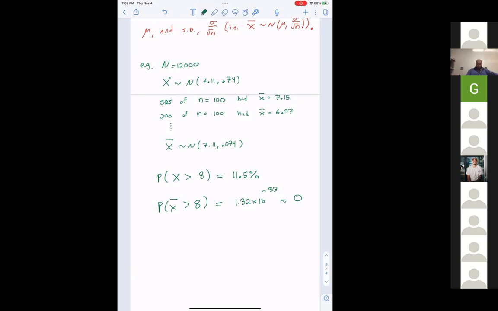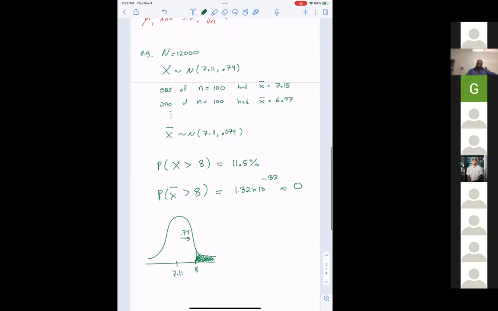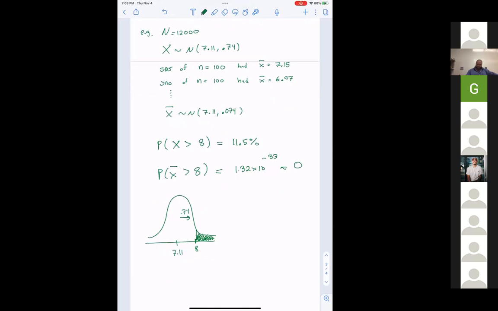Because for one person to score more than 8, at the end of the world, 8's about here, right? So look at all that likelihood that they scored more than 8, correct? Lots of room. But for 100 people to have an average more than 8, and of course, this is not to scale here. If I try to do it to scale, it'll be more like, well, let's try to do it to scale.